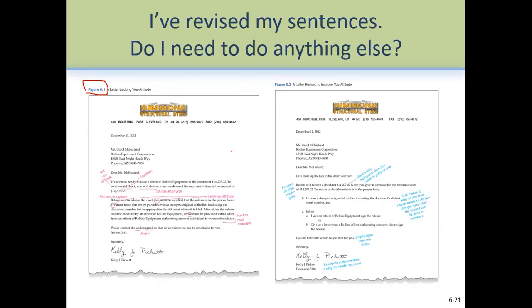Many individual sentences in this letter lack you attitude. For example, the last sentence in paragraph 1 sounds both harsh and defensive. The clause is selfish, so you have to revise it and rewrite it again. The language is also stiff and filled with outdated jargon. Perhaps the most serious problem is that the fact most interesting to the reader is buried in the middle of the first paragraph. Since we have good news for the reader, we should put that information first.